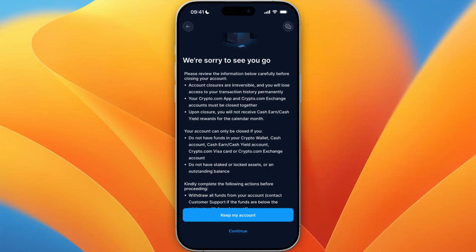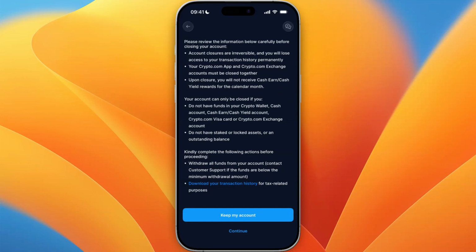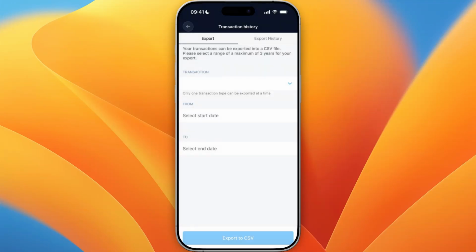Then they'll say, we're sorry to see you go. Kindly complete the following actions before proceeding. So you need to withdraw all funds from your account and download your transaction history for tax related purposes. So if you still have some money in your account, just go and withdraw that, send it to another wallet, withdraw it to your bank, and go and download your transaction history by clicking on the link right here, and